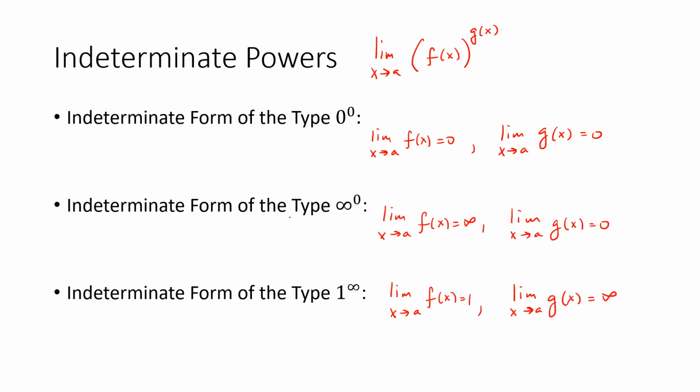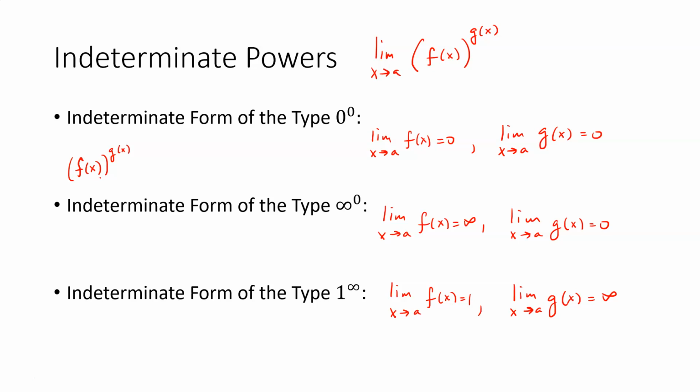Okay. And so the same rule applies here, that in each of these three cases we're able to rewrite it into a form where we can use L'Hopital's rule to evaluate it. So in other words, we're going to have to manipulate each of these to get it into the 0 over 0 form or infinity over infinity form. Okay, so in each case it'll most likely involve some manipulation of this type, where if I've got, for instance, f of x in the base, g of x in the power,